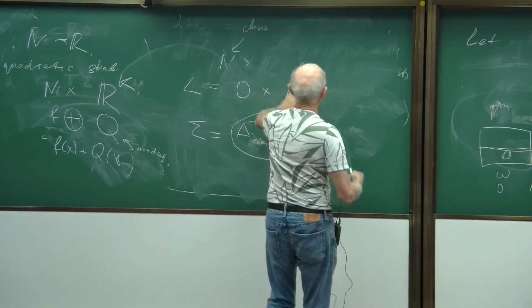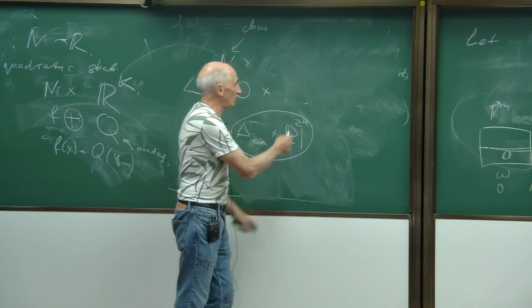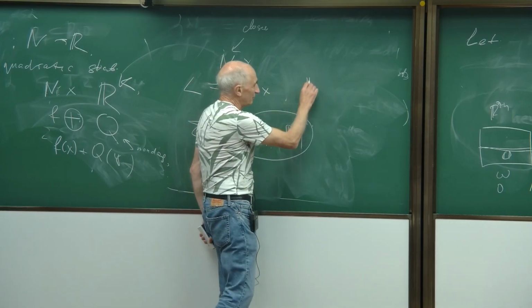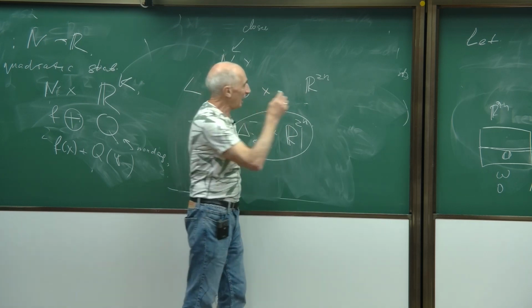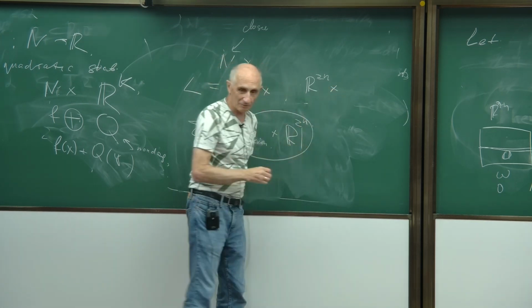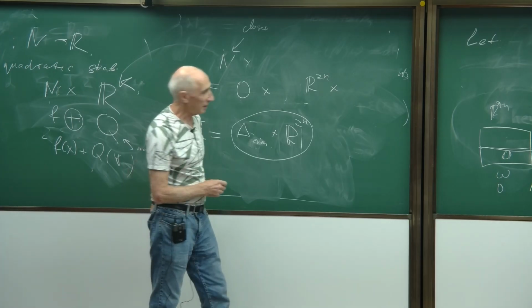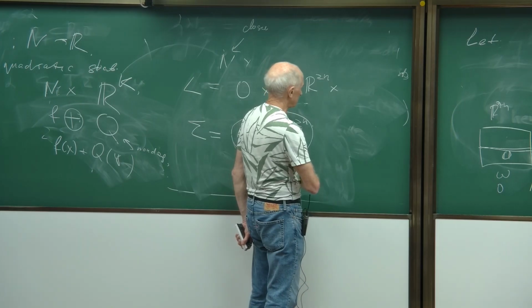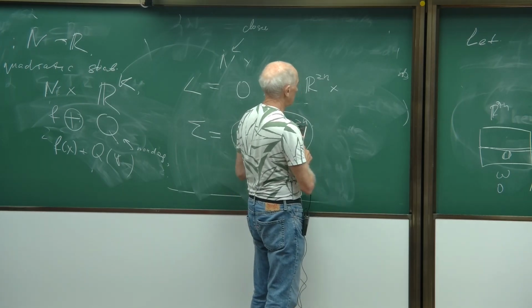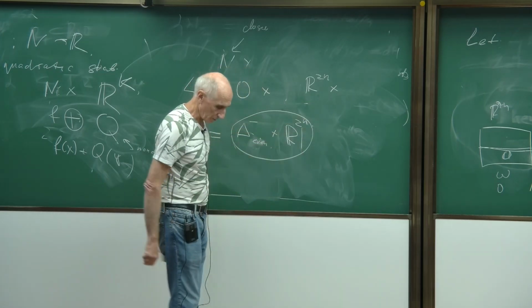In order to define a generating function, first of all, we want R to N times, we want to have some splitting. R to N times